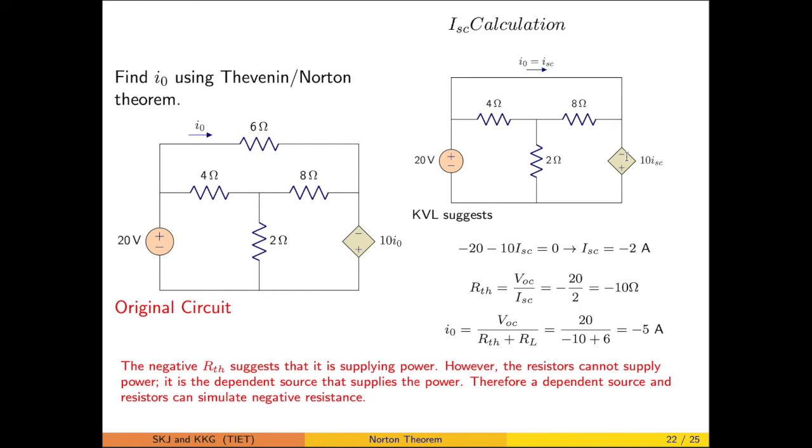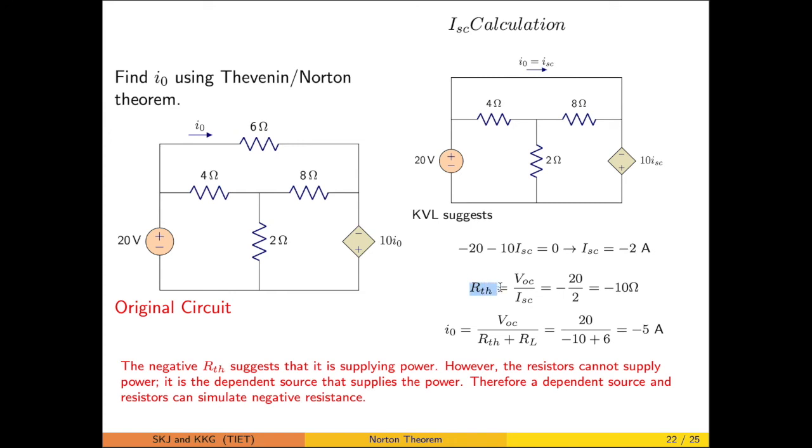we can frame the KCL, or you can say the KVL relation likewise. By the KVL relation it has been attempted. So KVL suggests the voltage around any closed path, considering the rise and drop, has to be equal to 0. So this particular is a voltage rise, that is minus 20. This particular, when oriented likewise, is also a rise, so minus 10 ISC. There is no voltage drop across this because it is only a conducting wire, no resistance is present. So that particular is suggesting ISC is equal to minus 2 ampere.